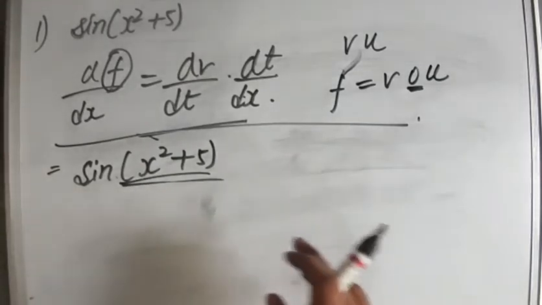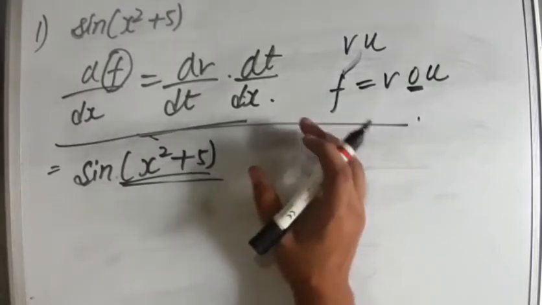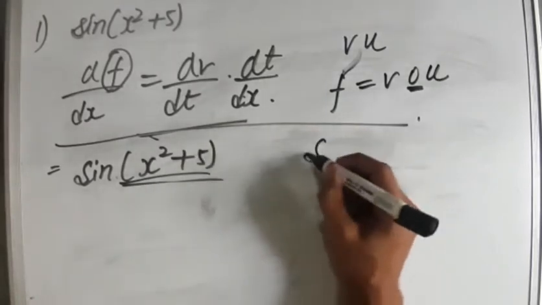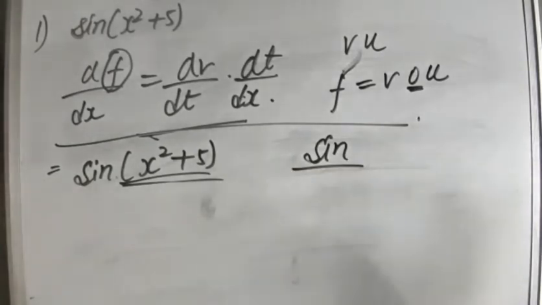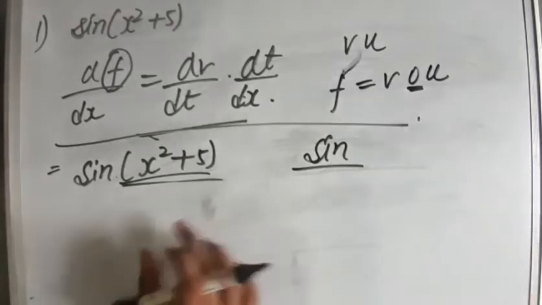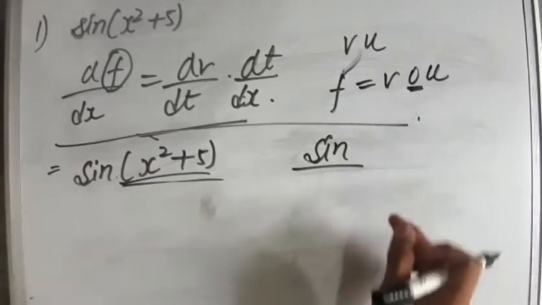Okay, so let us see that. Students, have you ever seen sine exist independently? Sine does not exist like this, without any angle or any other thing. First of all, this trigonometric function always exists with some angle. They have some angles with them when they exist. And x square plus 5 here is acting as an angle.